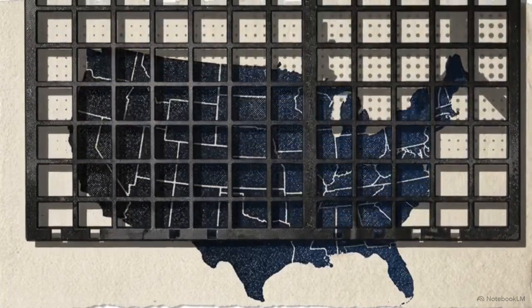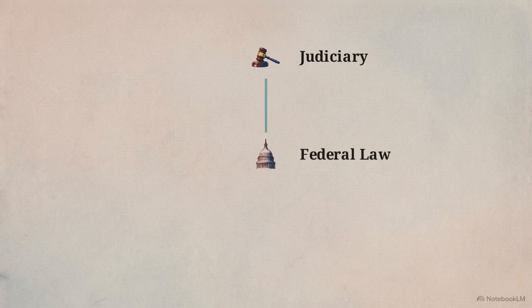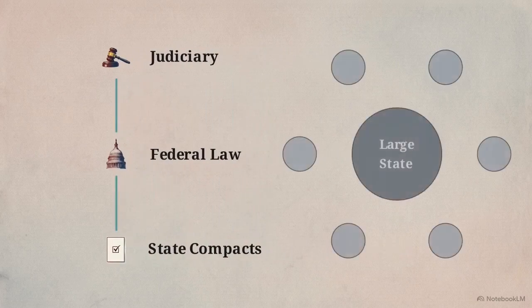Imposing true 50-state uniformity instantly triggers overarching federal legal structures. This flowchart illustrates the legal consequences of state coordination. According to constitutional scholar Ilya Shapiro, when states form compacts to ensure uniform legislation, those interstate compacts are legally recognized as equivalent to federal law, which explicitly requires congressional consent.